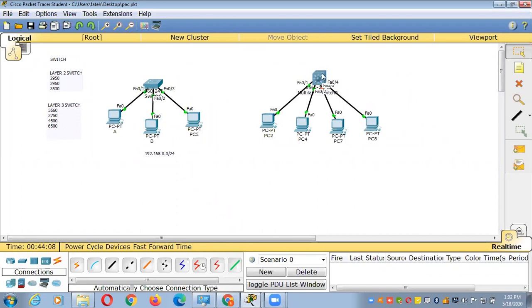So now I'm going to check the VLAN of this switch.